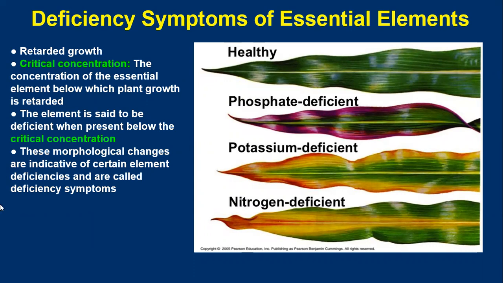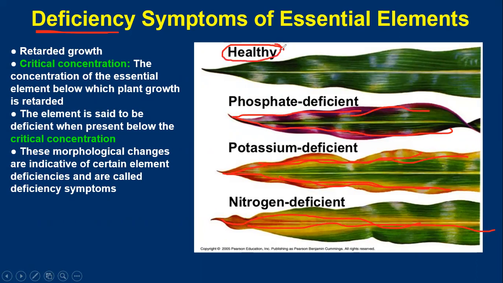Right now, we have to study the deficiency symptoms of the essential elements. The topic 2 that we scheduled for today, deficiency symptoms of essential elements. So guys, you might have seen these kinds of leaves, right? Yellow in the middle, yellowing of the leaf along the corner, then turning violet brown. This is a healthy leaf as you see around. So these are all due to various deficiency syndromes.